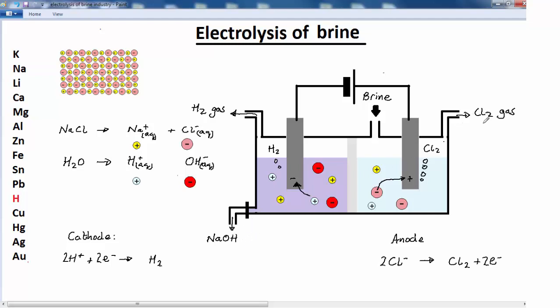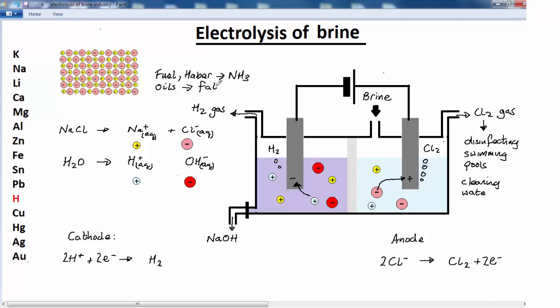We've got chlorine gas. Chlorine gas is used for disinfecting swimming pools, for example, and also particularly in the purification of water, cleaning water. Very good for killing bacteria, chlorine gas. Hydrogen is a very useful fuel. It releases a lot of energy when burnt in oxygen, and its only product is water, so it's a clean fuel. A lot of interest in using hydrogen as a fuel, but it's also used in the Haber process, which is an industrial process which produces ammonia, another very useful product,